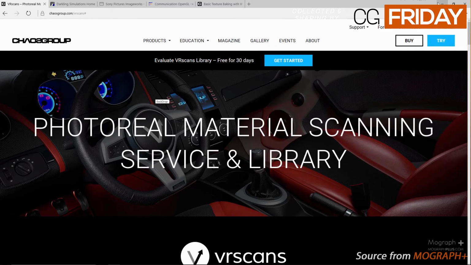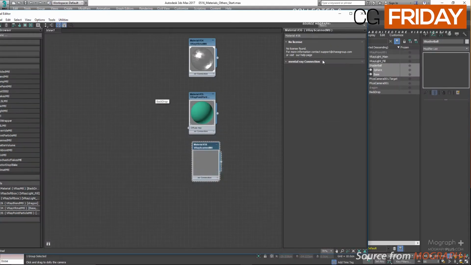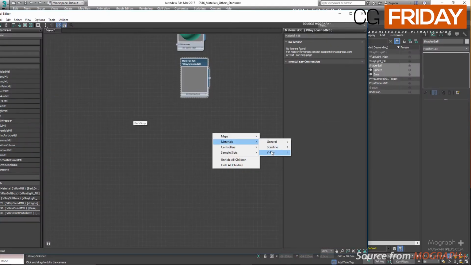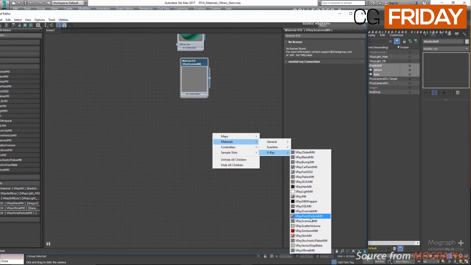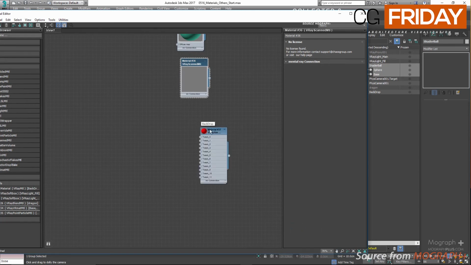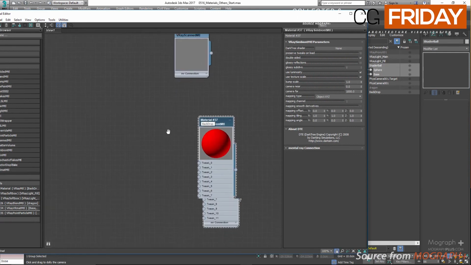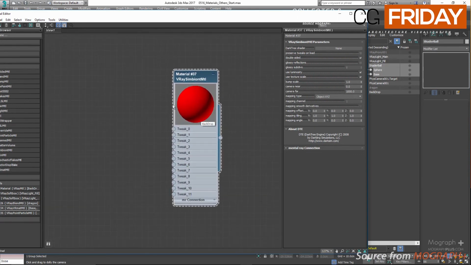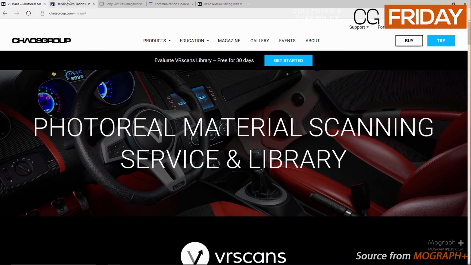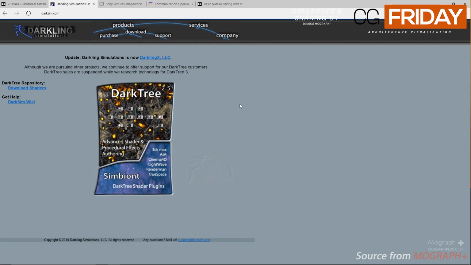Next, we have V-Ray DarkTree material, or VRaySymbiontMtl. Let's add one to the active view. The V-Ray DarkTree material enables procedural DarkTree shaders to be rendered with V-Ray, and if you go to darksim.com, you can download some DarkTree shaders. I've saved some of those DarkTree shaders in the material libraries folder of the project files for this course. Let's go to the metal folder